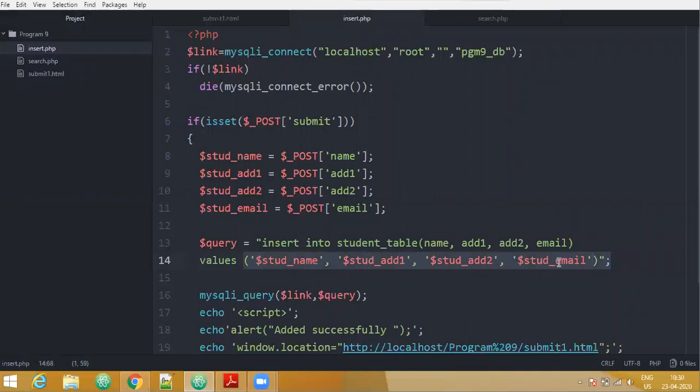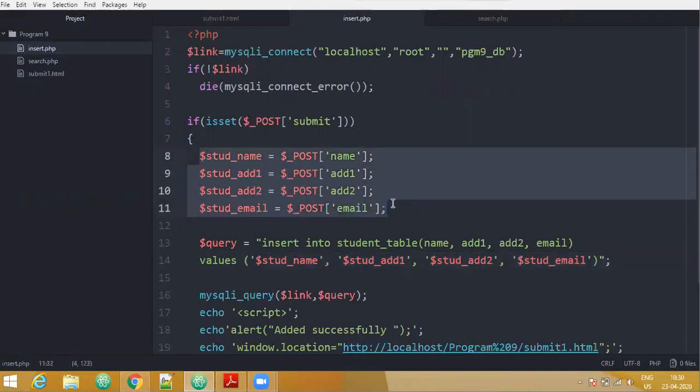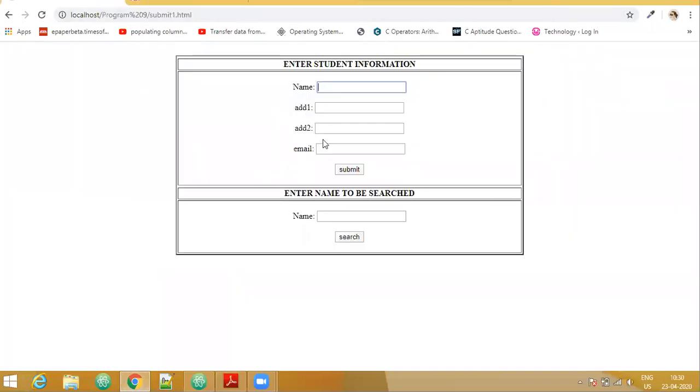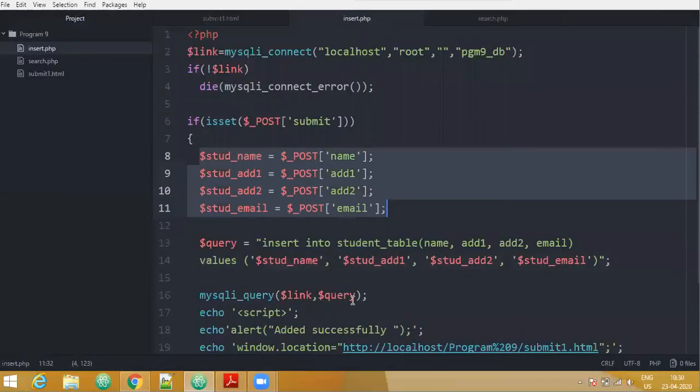Now these values are what? These are the values that we are fetching from this particular query. And from where are these particular values coming? These values are coming from this particular form. So what you write inside here is nothing but these variable names, because we have fetched and stored the values in these variables.